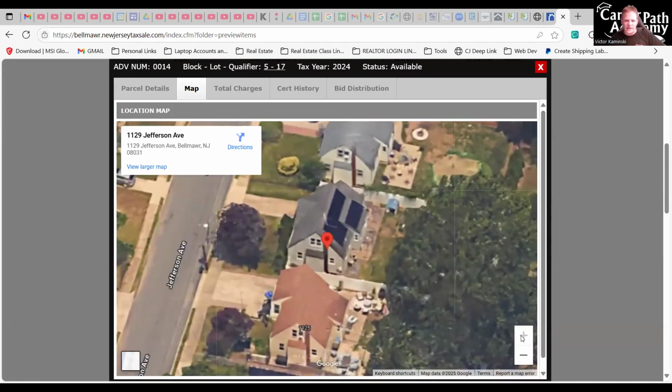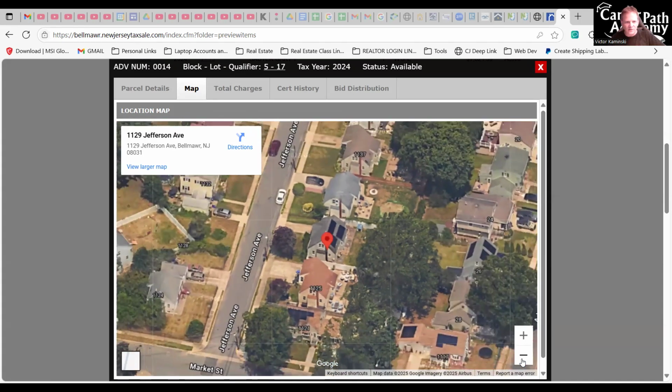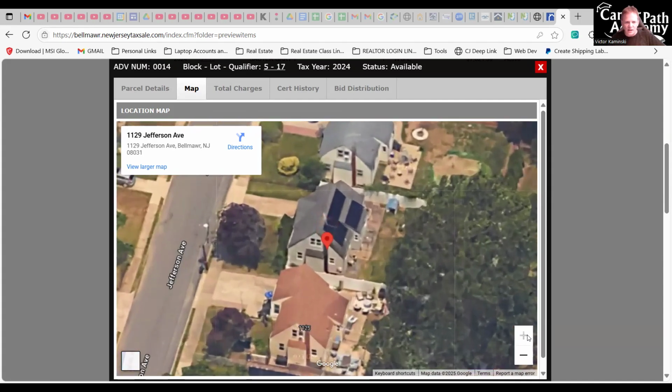A house with solar panels on it, or is it? I'm not sure which house this is here. From this angle, it's kind of tough to tell. I'm not sure if it's that house or this house, but either way, they both look like nice houses. Look at this one. Got it finished outside. They got a nice patio set out there. Look at that. That's a pretty nice setup. This one, they got the solar panels.